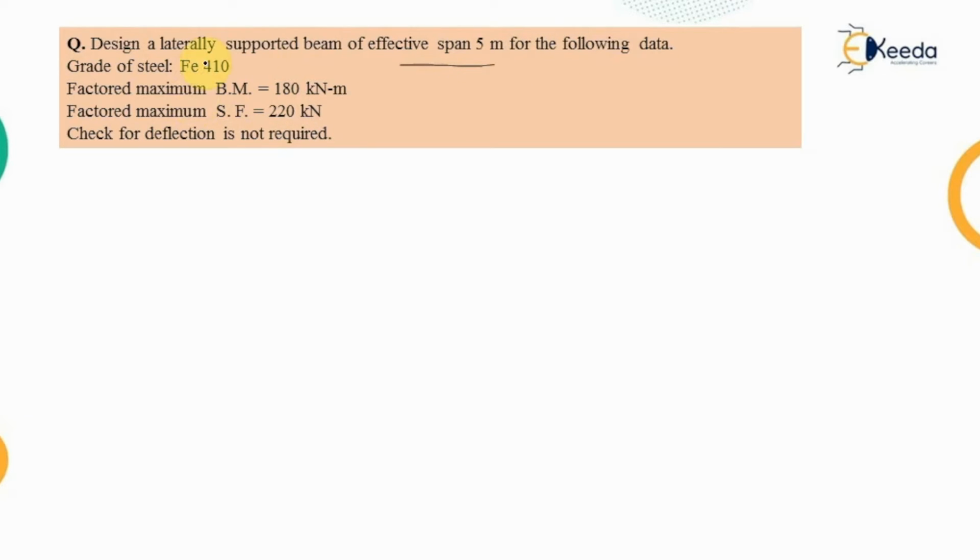So the grade of steel has been given as Fe410. Now the factored maximum bending moment and the factored shear force, which in the previous problem we have calculated ourselves, have been given directly as 180 kilonewton meter and 220 kilonewton respectively. We need to design the beam, therefore we need to check for the shear force, bending moment, then deflection, then buckling, and at the last we will be checking it for the crippling,